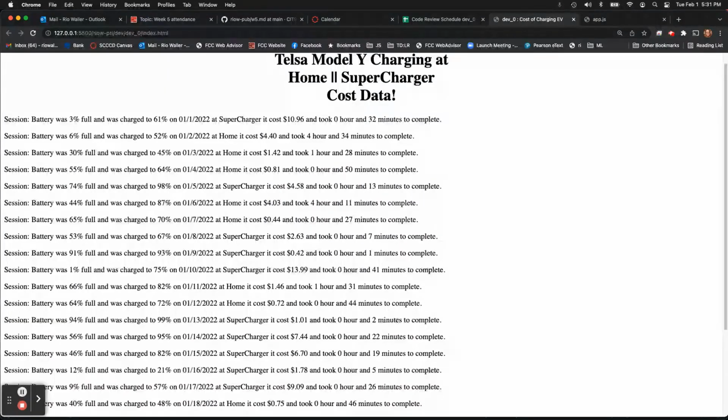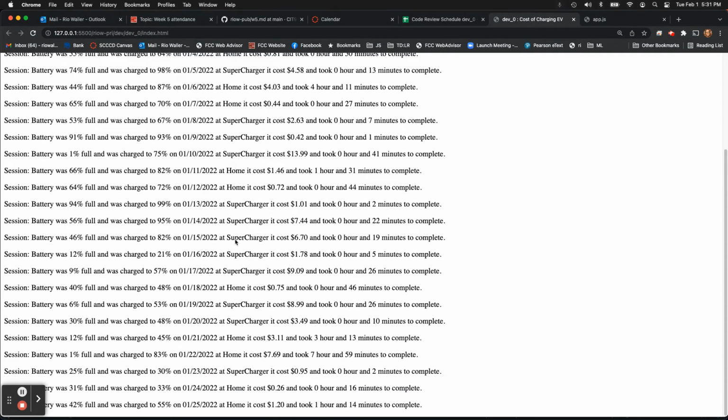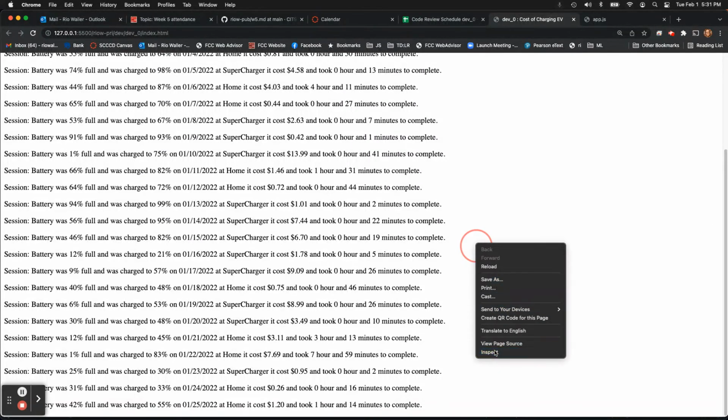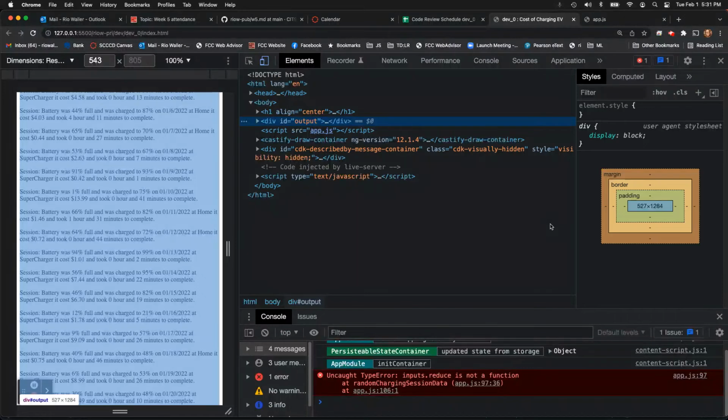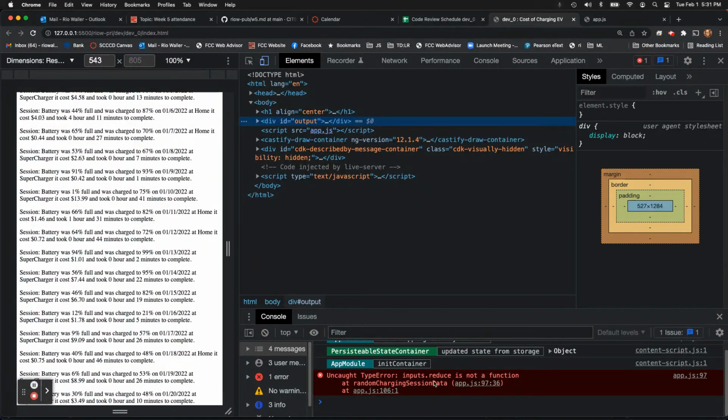So on my output, once I've generated all these objects in that array, I iterate over them and I determine cost at the bottom. Let me see if I have an error there or not. Oh yeah, I gotta look at my reduce.